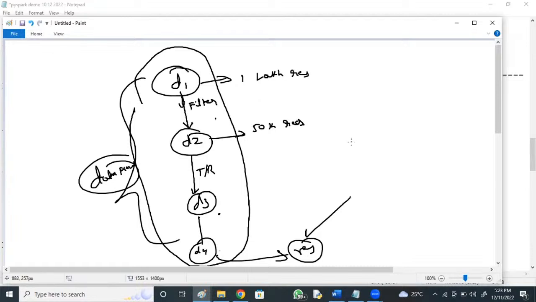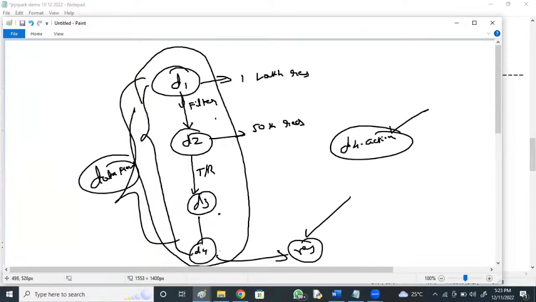The data flow won't execute immediately. Whenever you define it, it does not get executed until you trigger some action, like D4 dot action. Then from the root up to D4 it executes and gives the result which can be collected. Whenever you perform an action only, the flow executes.